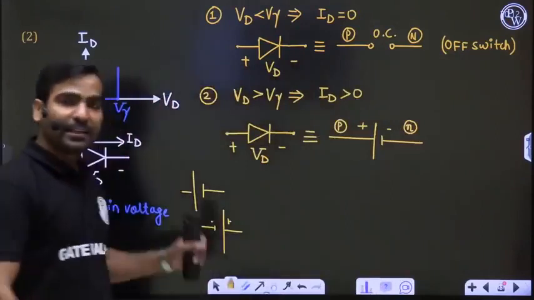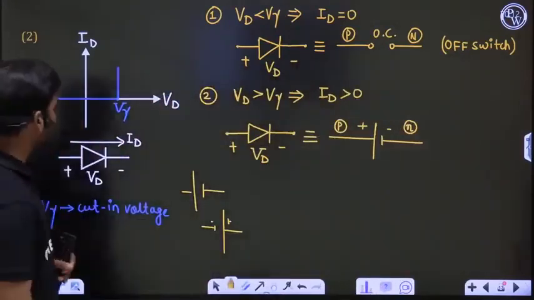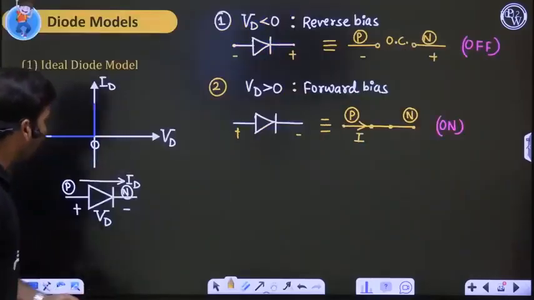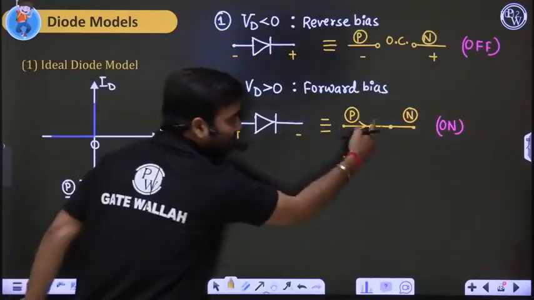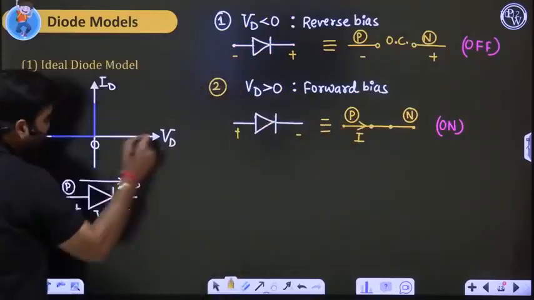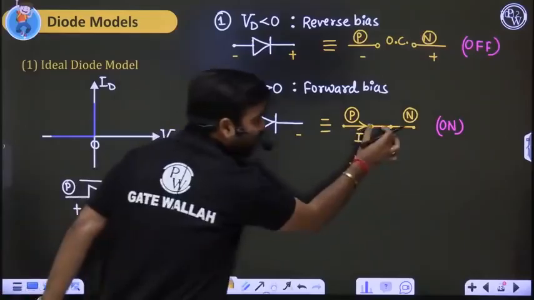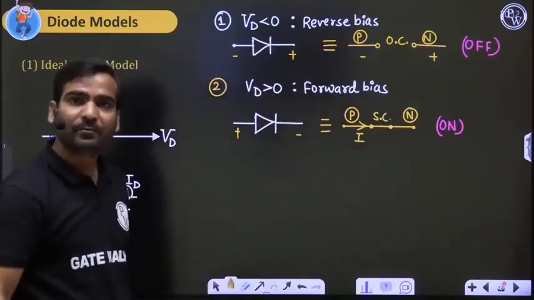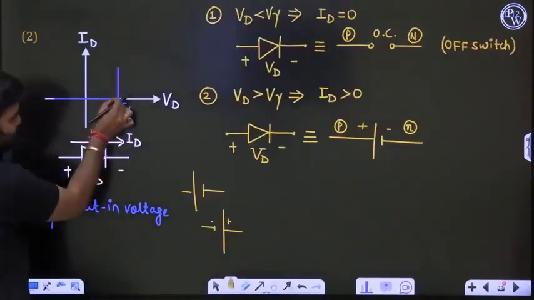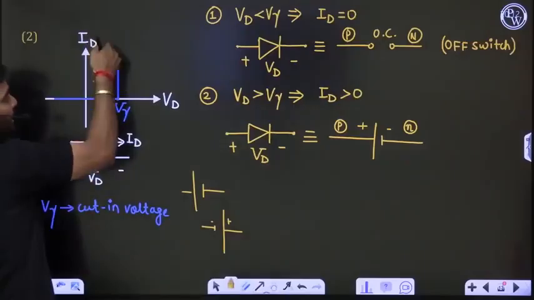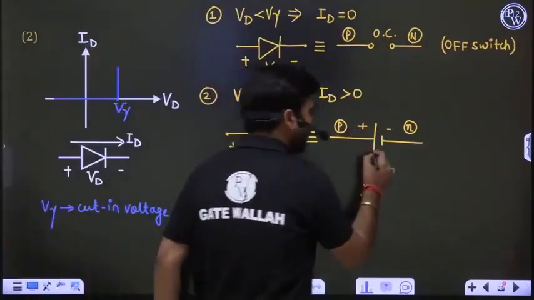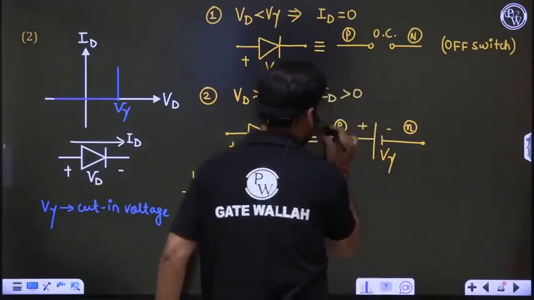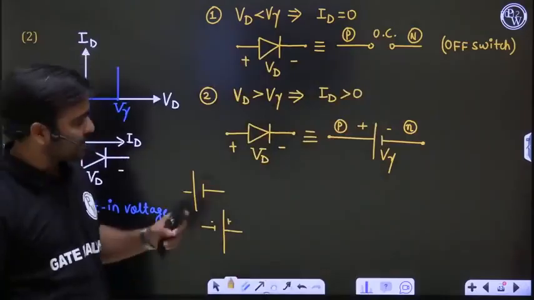And what is the amount of this battery? This battery is constant V gamma. Now see clearly. In the earlier case also it is just like a battery, but whose battery voltage is 0. So a short circuit is nothing but a battery of 0 volt, we can say. Here the battery is V gamma amount, current can take any value, but voltage is constant, and this constant voltage is V gamma. So this is the replacement of the diode: P side positive, N side negative, with V gamma.